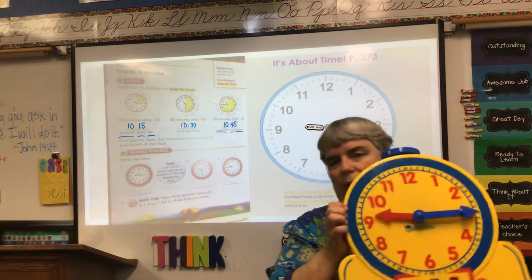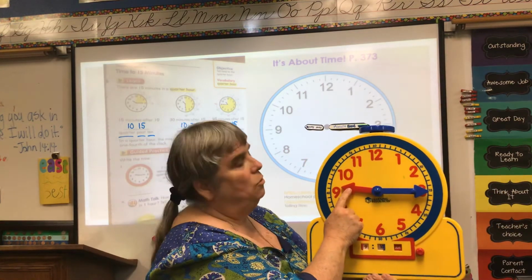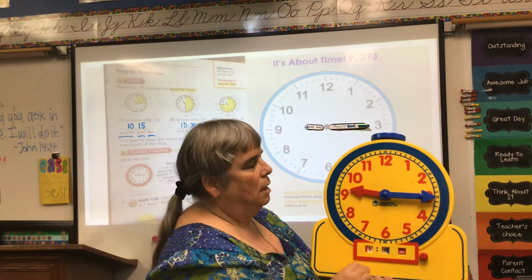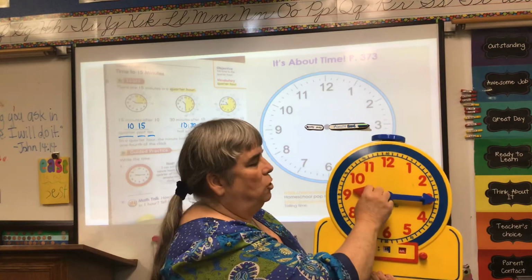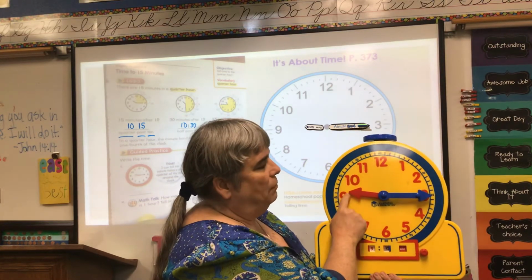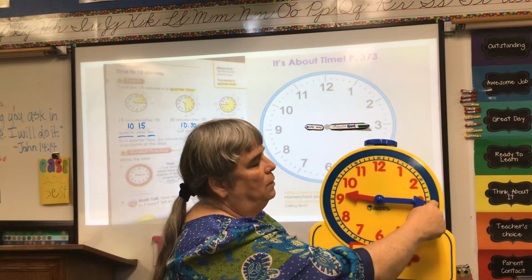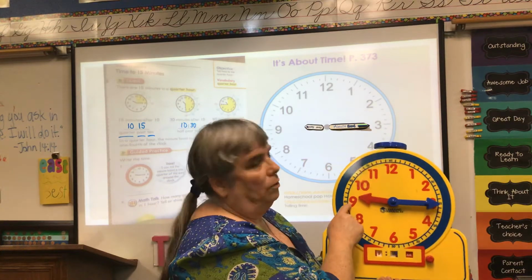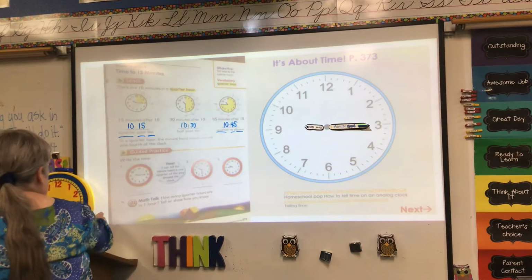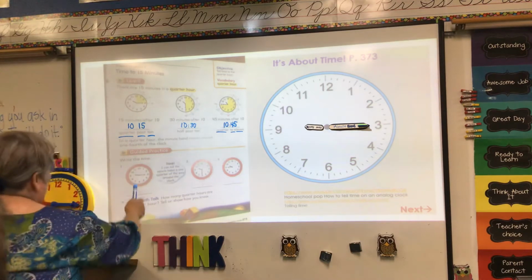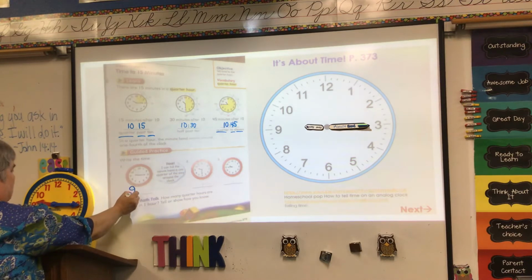And one of the things I really like about these clocks is that the hour hand moves the same way a regular clock does. So that's kind of nice. It makes it very, very accurate. So we have the short hand is pointing just above the 9. The long hand is pointing to 3. And we know that's 5, 10, 15. So that's a quarter after 9. So I'm going to put that back here. So basically we just did the first one together. Write the time. And we're going to say